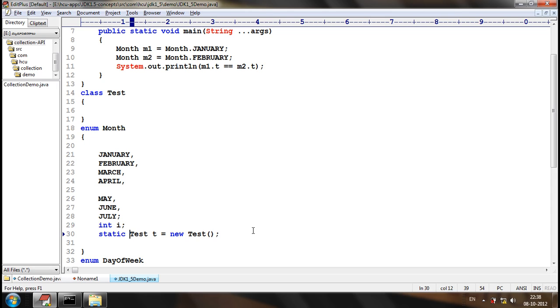In the same way, non-static attributes of an enum will be a part of the object of the enum. Static attributes will be shared by all the objects of a class; the same way, static attributes or static methods will be shared by all the objects of the enum. Object orientation concepts will be the same whether we go for an enum or a class.